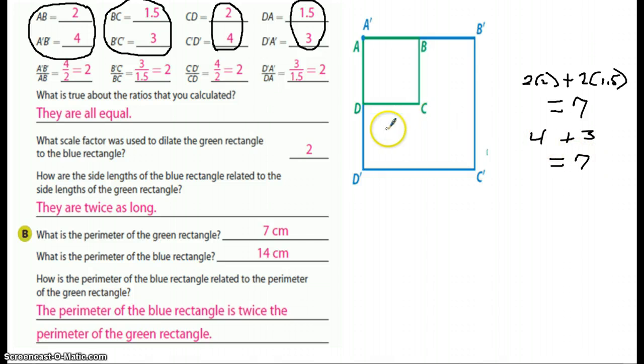And the next one says, well, what is the perimeter of the blue one? So then we're looking at 2 times 4 plus 2 times 6. So for blue, we have 2 times 4 plus 2 times 6, which will give us 8 plus,